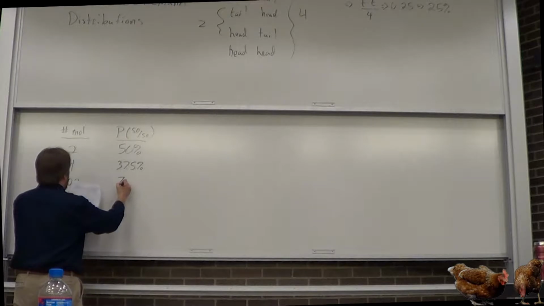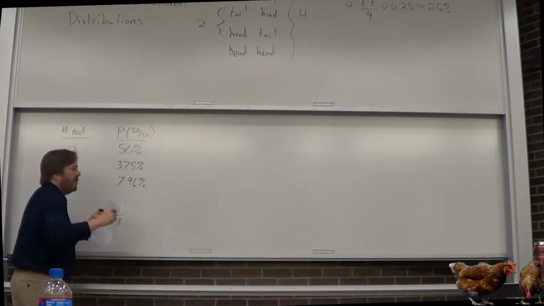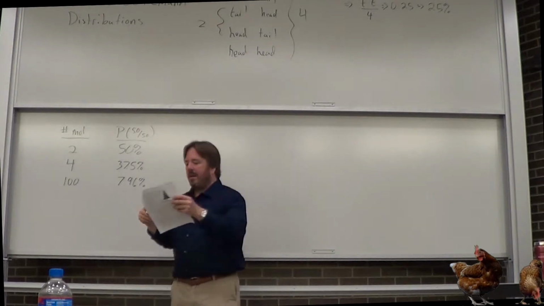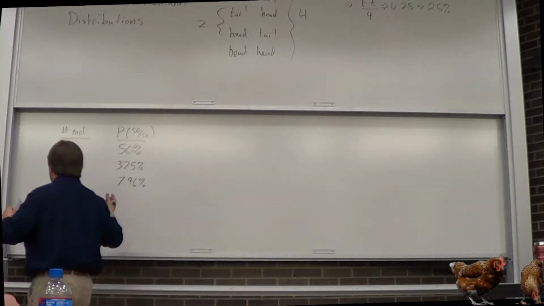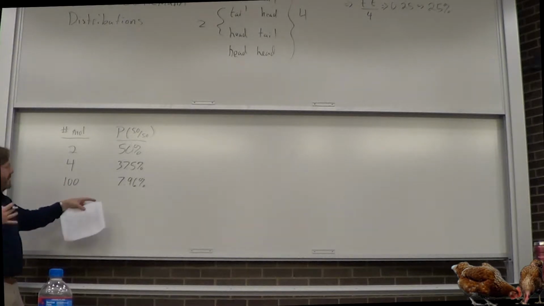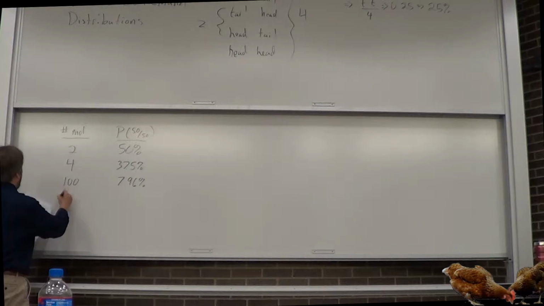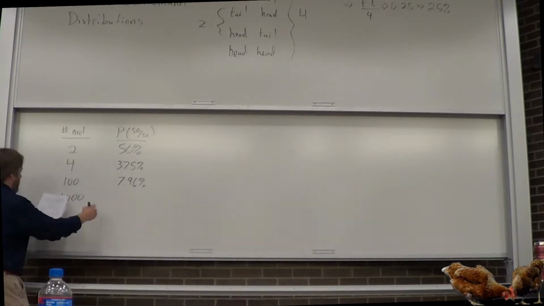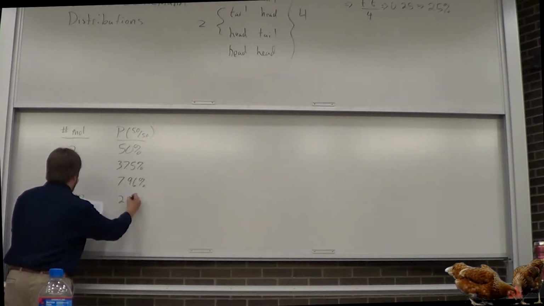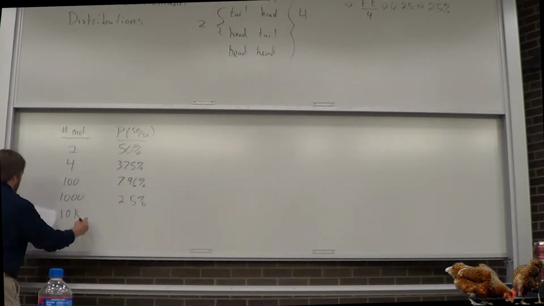Let's just go to 100, 7.96%, that I would get 50 heads, 50 tails. Again, let's say that it's heads heavy. I do some experiments on 100 molecules. I see more heads. I assume that it's asymmetric and that the head side is bigger than the tail, which is wrong. Let's do 1,000. It's now 2.5%. Let's do 10,000.